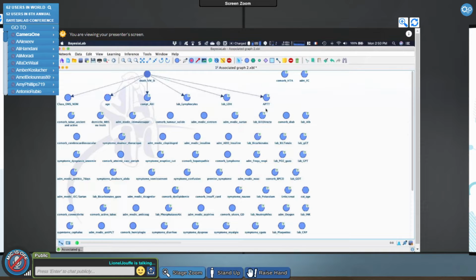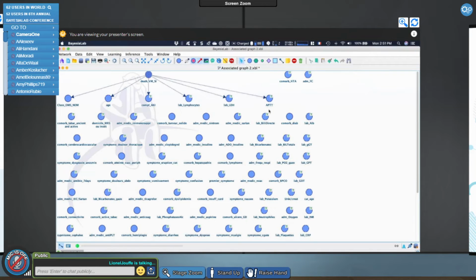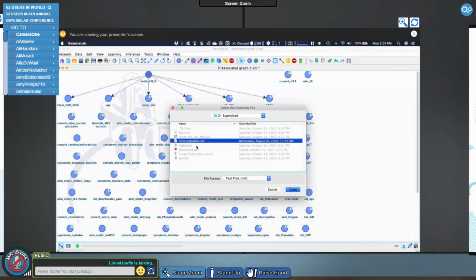So this is the final network. So for the research we did with the Belgium team from Epicura, we did a 10-fold cross-validation to validate the workflow. And after that, I can also associate a dictionary of long names to have something more readable here.